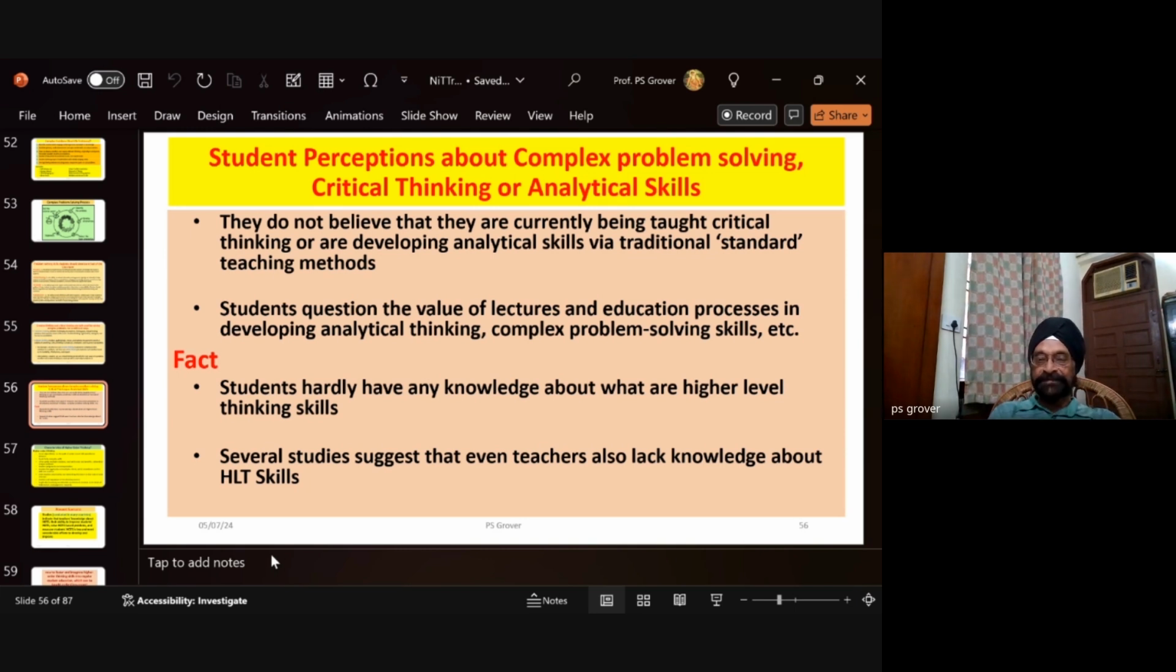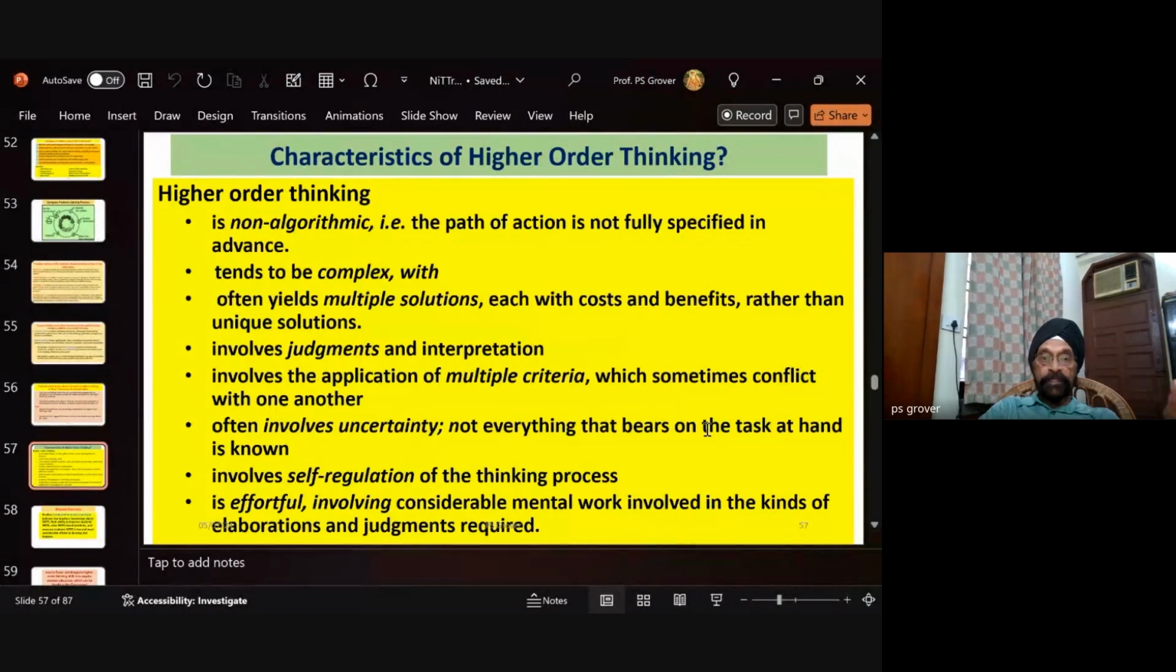अगर स्टूडेंट को क्रिएटिव होना है तो टीचर को भी तो होना पड़ेगा ना, थोड़ा बहुत तो होना पड़ेगा। लेकिन दैट मीन यू शुड बी फैमिलियर विद द प्रोसेस, यू शुड बी फैमिलियर विद द सिचुएशंस एंड सो ऑन। इसलिए उनको आप सिखाइए। Faculty hardly have any knowledge about what are higher order thinking skills. Several studies suggest that even teachers also lack knowledge about higher order learning skills. Now